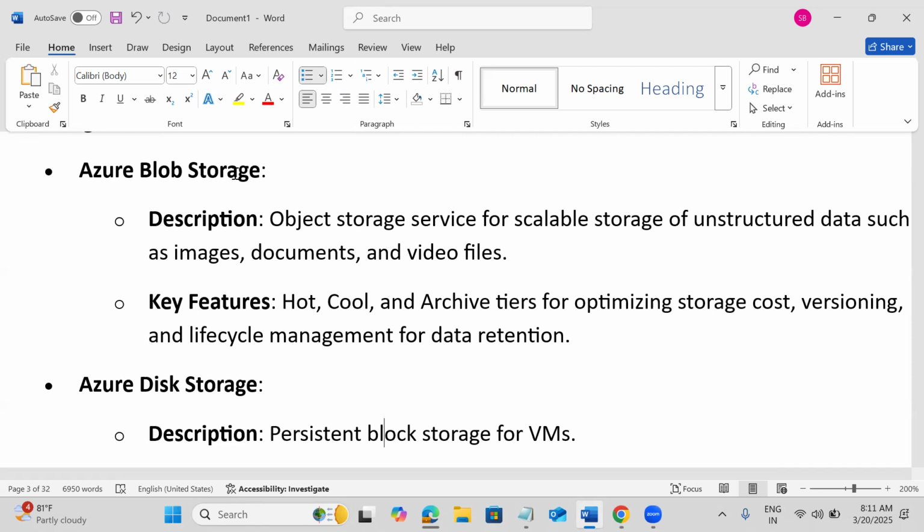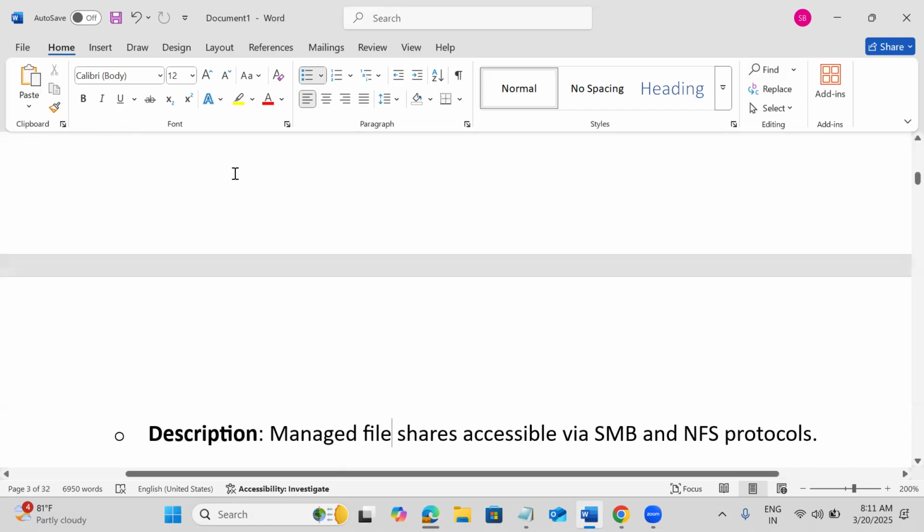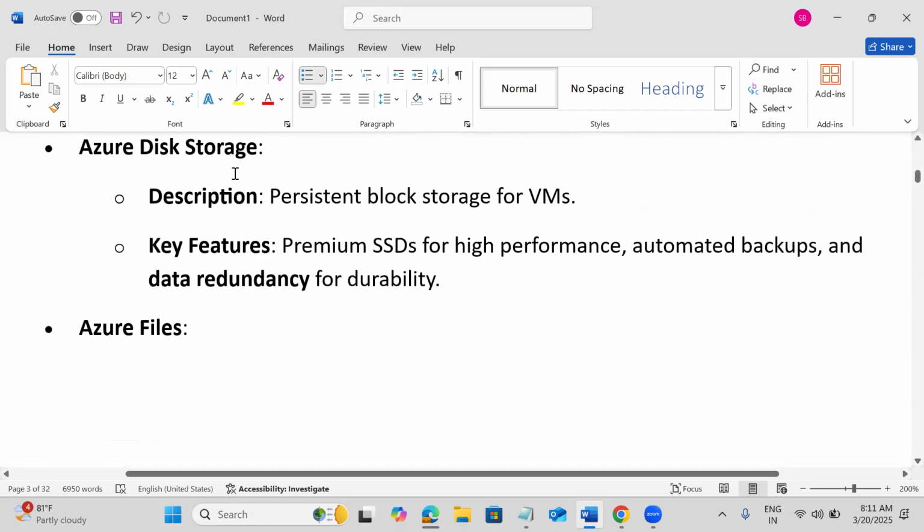Then we have Disk Storage. Disk Storage is used when we create a VM; the backend VM data should be persistent, because if I shut down my VM or stop my VM, I want my data to be persistent. Normally a local hard disk would be there, but in Azure we get that from Disk Storage. Here we have premium or standard kind of SSDs. We have SSD solid state drives or HDD hard disk drives also we can use. Mostly we prefer to use SSD drives.